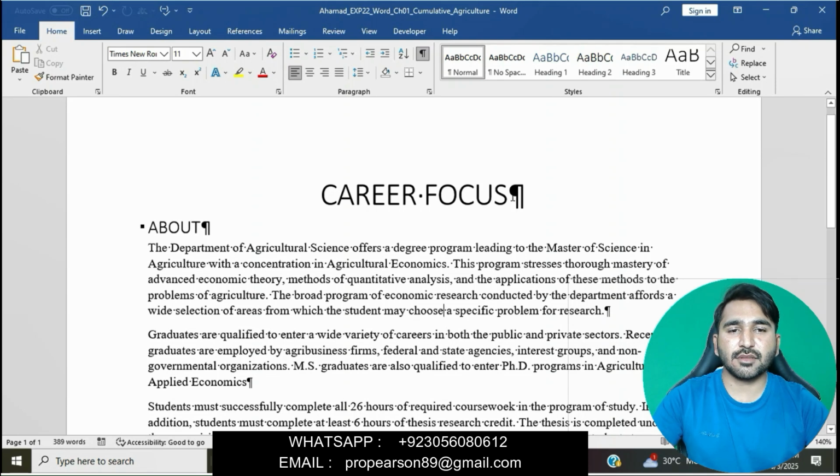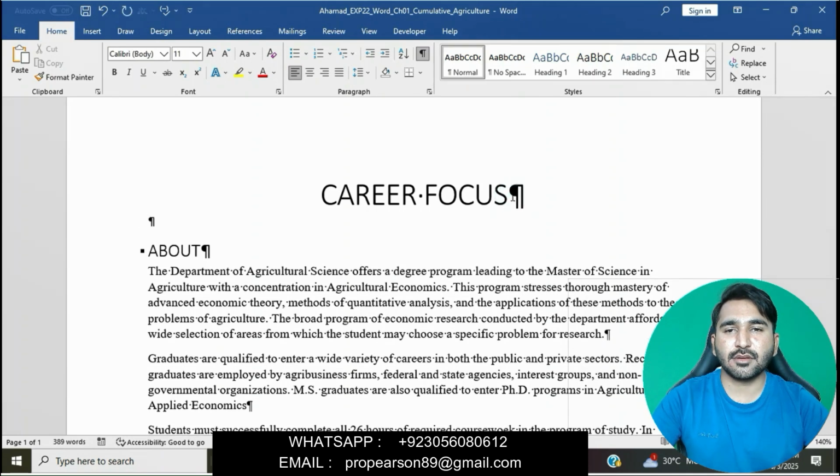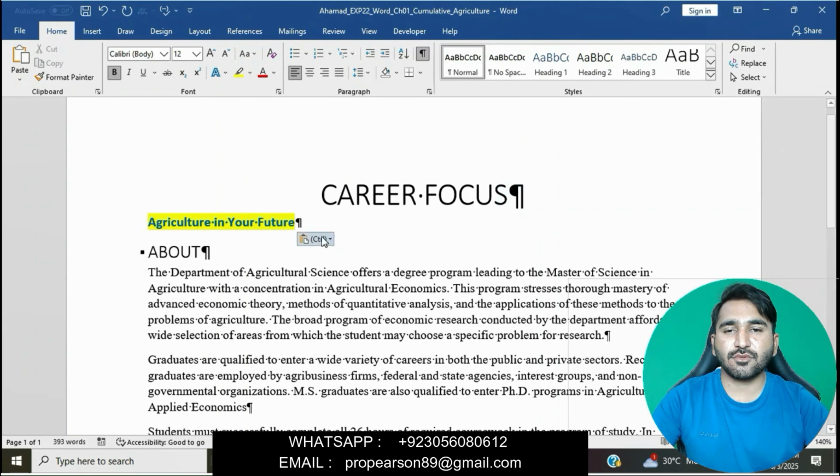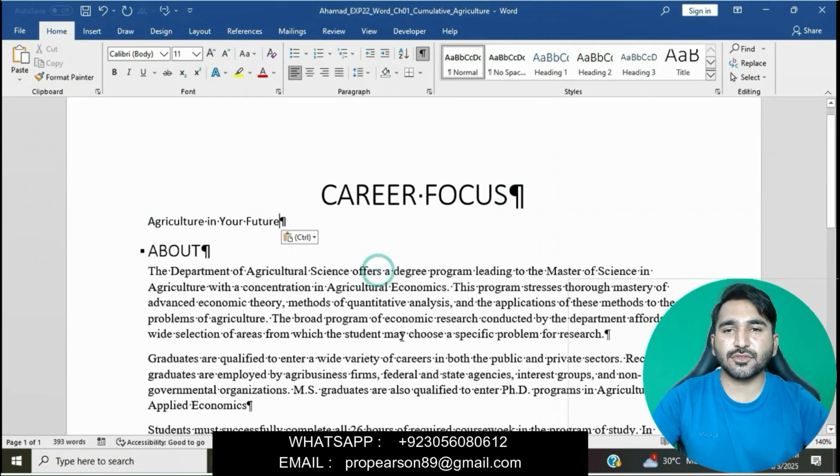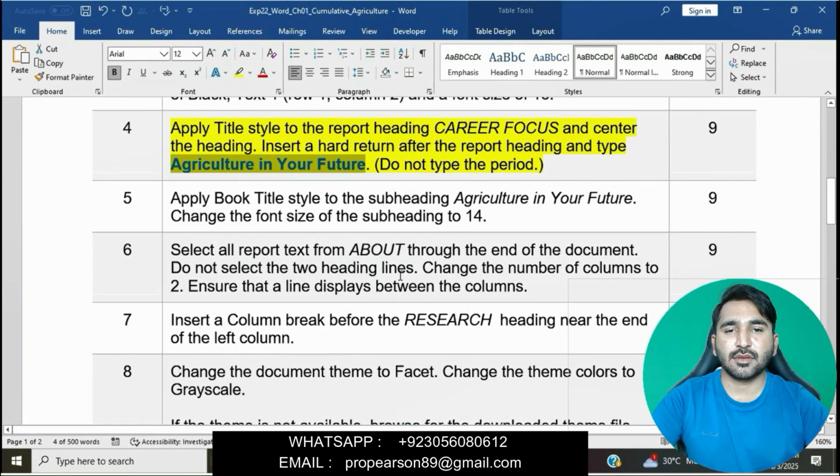We will select this and then insert a hard return. Then we will copy and paste here Agriculture in Your Future. Do not type the period. This question is done now. Now we will move on.